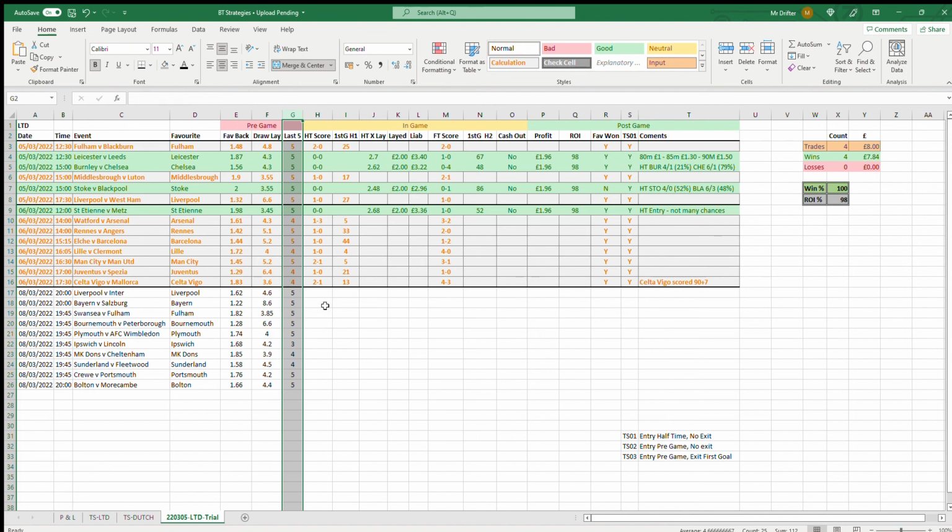As a probably final go at trading at half time, I'm going to trade at half time on these tonight, and then from tomorrow I'm going to try trading before the start of the game, because like I say, if I traded before the start of the game on all these 14 games, I would have won every single one, because none of them ended in a draw. But obviously there will be times when there is a draw,